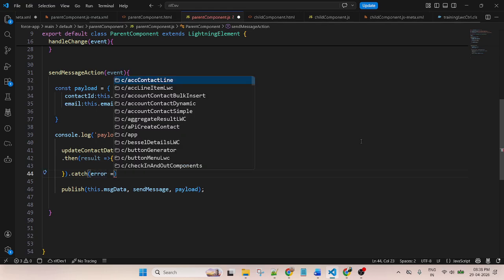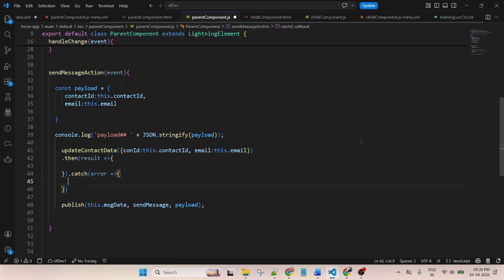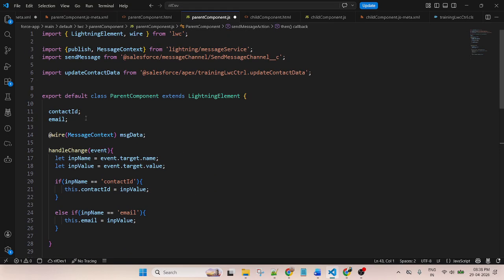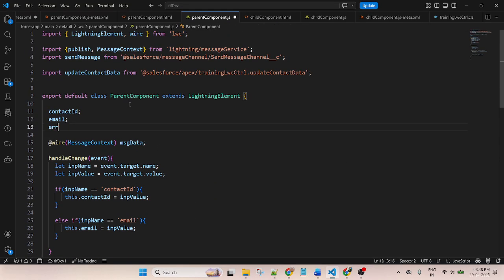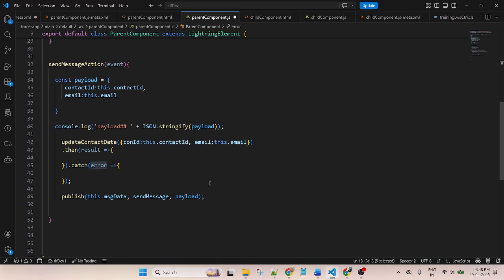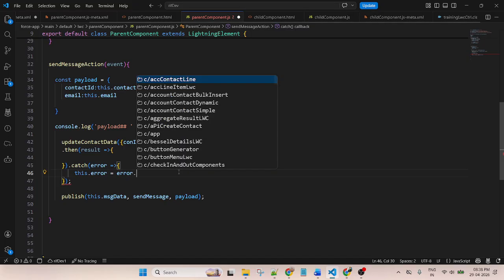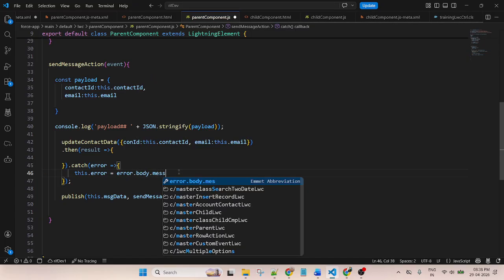Error arrow function, and to store the error we can create another variable, error. This dot error equals error dot body dot message.